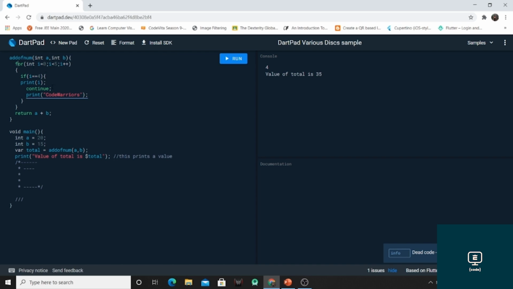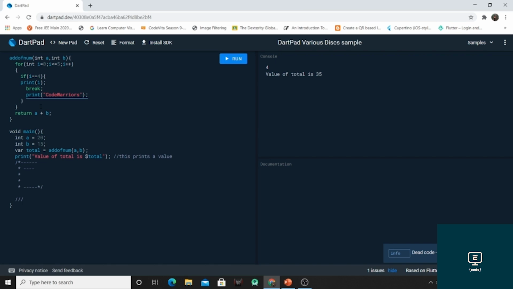And now if we are using the break keyword instead of this continue keyword, then after satisfying this if condition and printing the value of I, the control will break from this for loop, and the program will be finished.